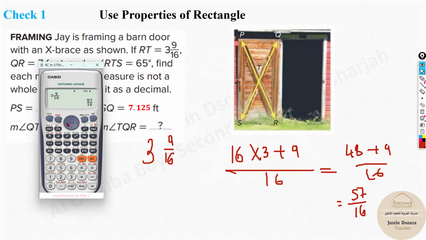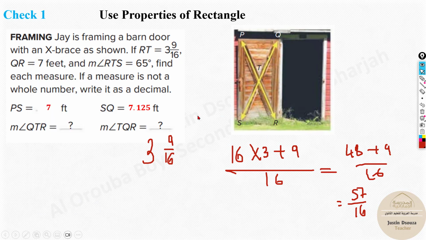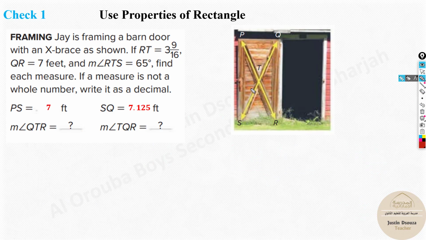Now you need to multiply this by 2. The answer is 57 by 8, that is 7.125, which is the length of Q and S, or SQ, because it's the length of PR, and PR and QS are equal. Now we will go to the angle QTR. Now RTS is 65,